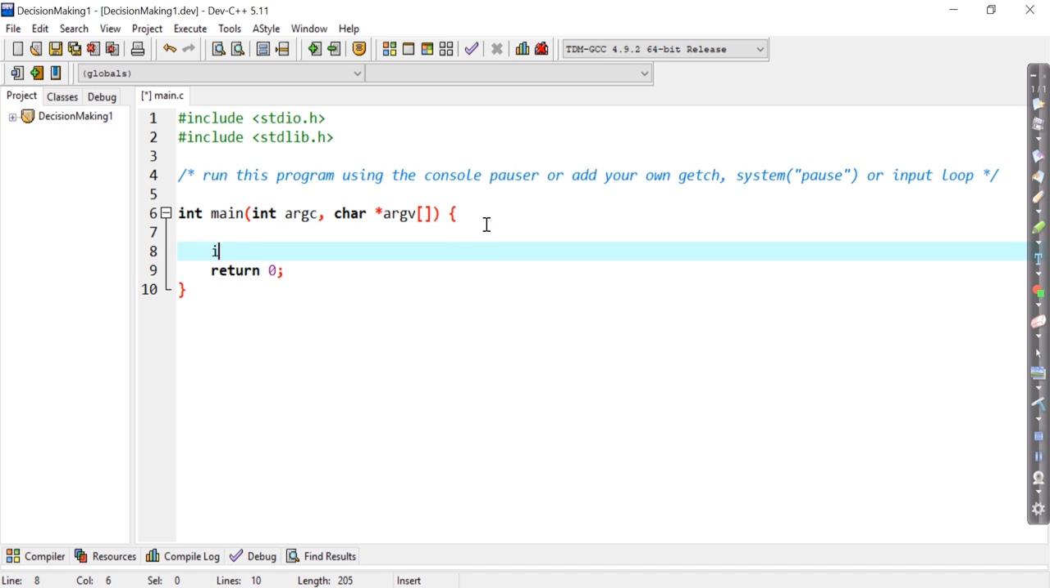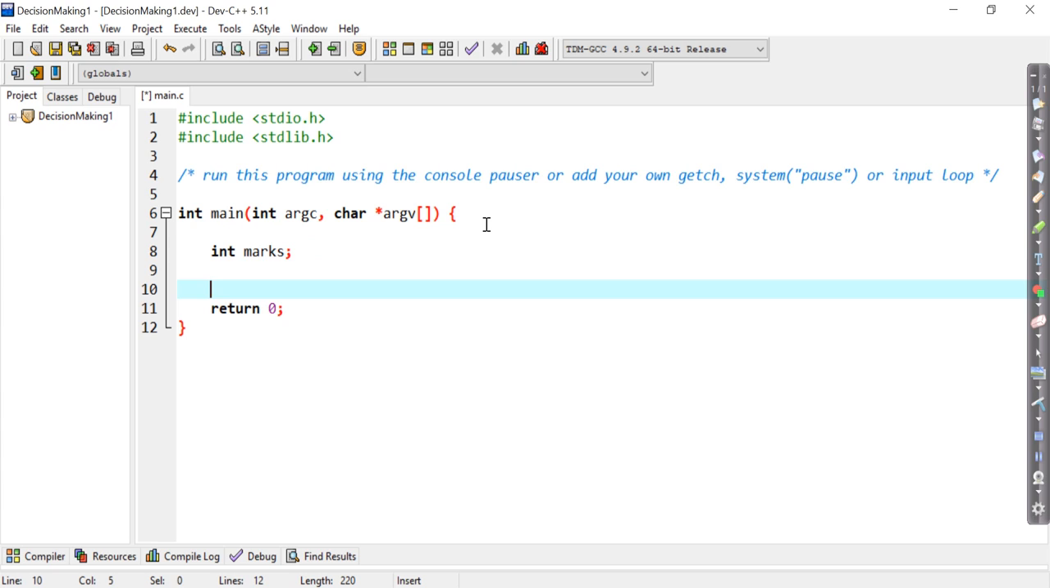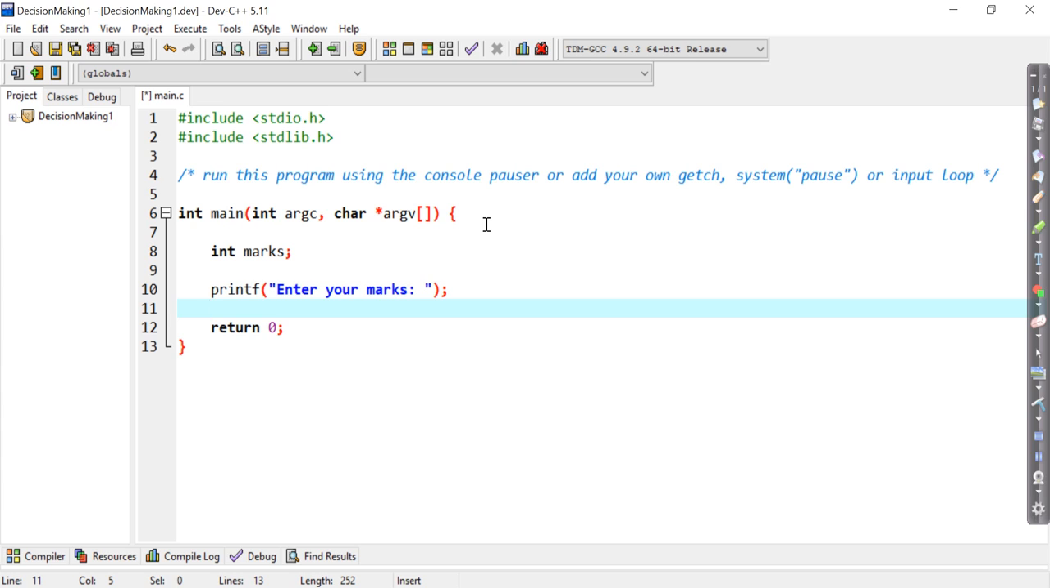So what we're going to do is declare a variable called marks, and ask the user to input his marks. As we have seen before, we need a printf statement, say "Enter your marks", semicolon, and what must we do to capture the user input? We must do a scanf statement,